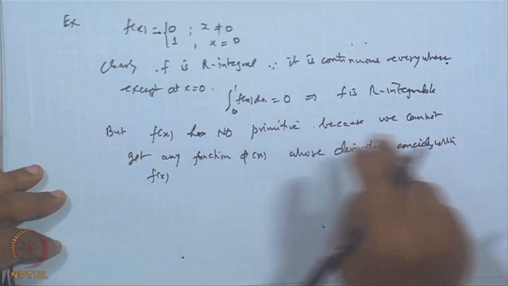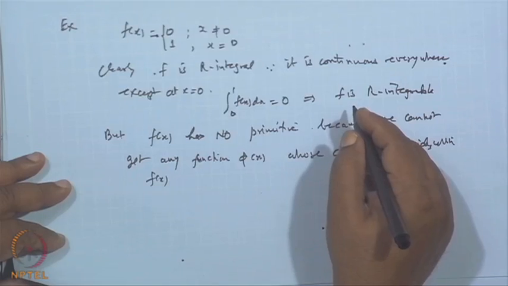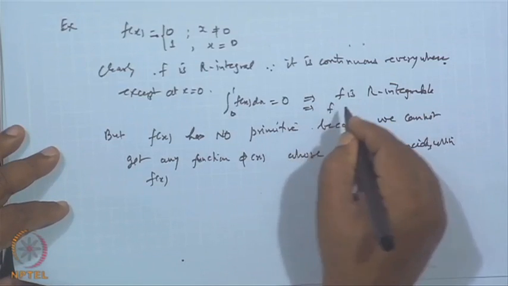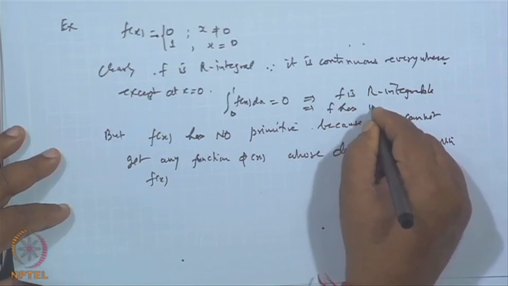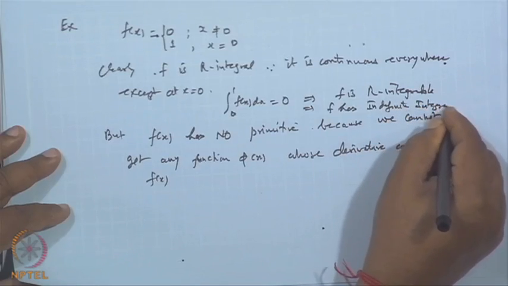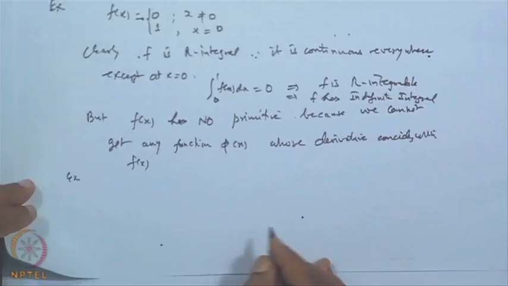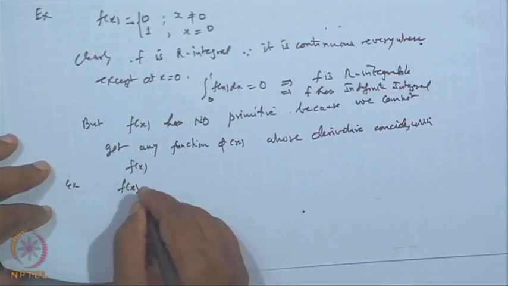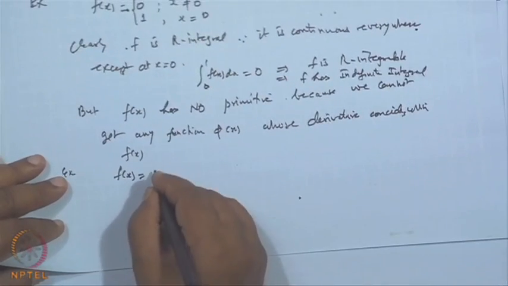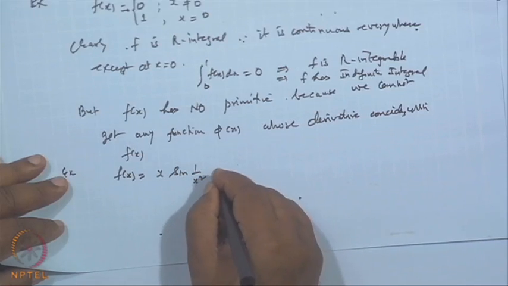So, we cannot find the primitive. So, the function is Riemann integrable, meaning its indefinite integral exists, that is, f has an indefinite integral, but it does not have any primitive. Okay. Another example, let us take this function f x, which is x sin 1 by x square minus 1